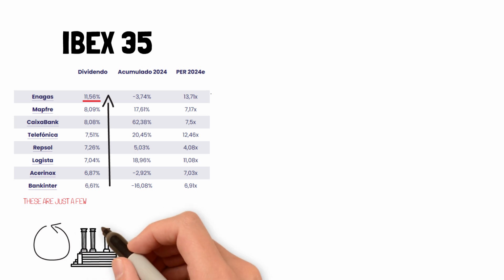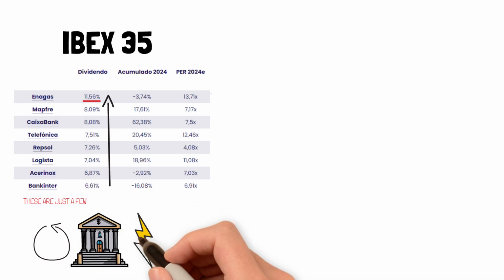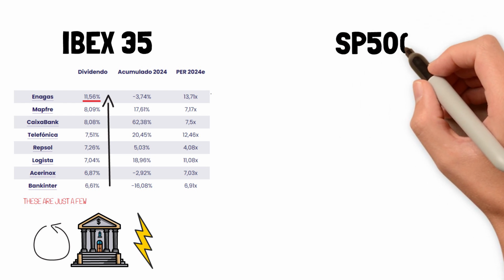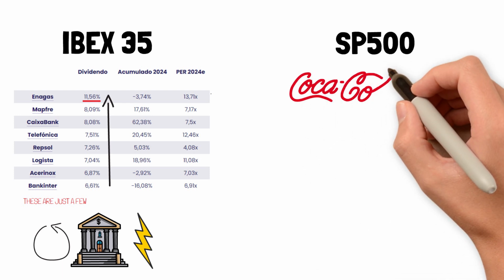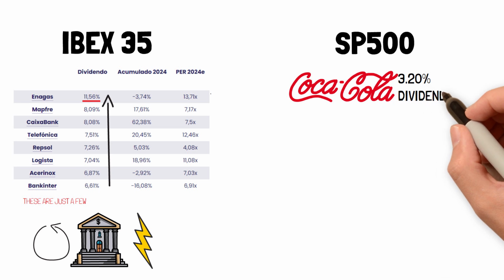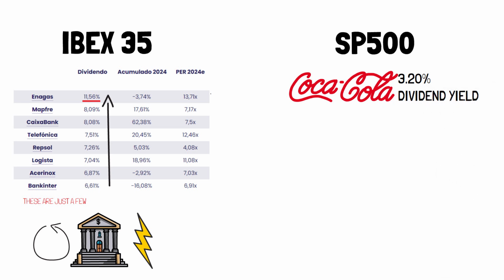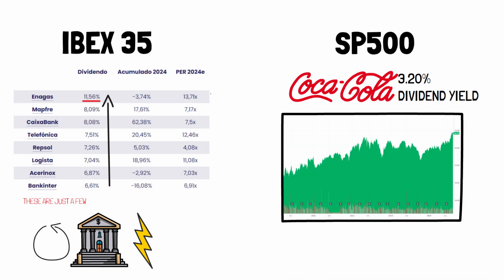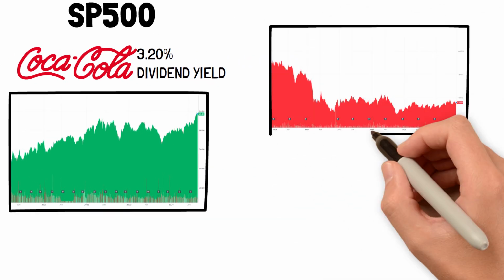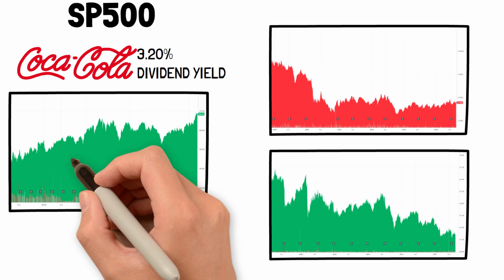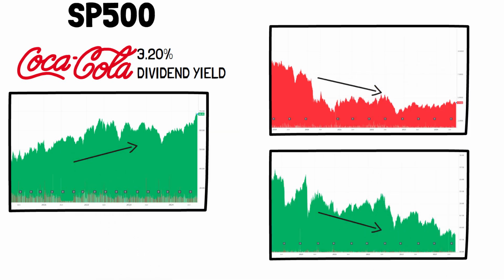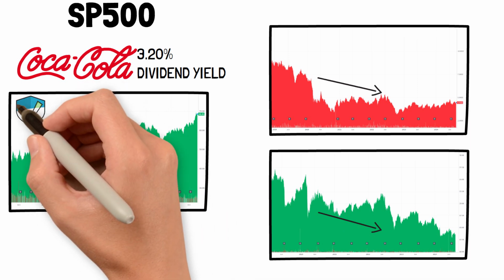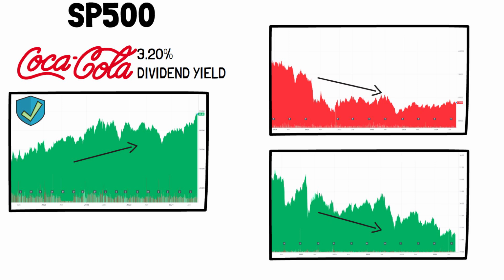Many are part of very cyclical markets such as banks and energy, so you should evaluate many things before investing in them. If we compare them with S&P 500 companies, such as Coca-Cola, we can see that this company pays much less in dividends, though not at all little compared to other companies in its index, but it maintains sustained growth. Despite this, we can compare the graphs, Coca-Cola against Telefónica or Enagás itself. You see the difference. Despite these dividends being lower, they have been increasing for more than 40 years, which makes the company a very safe and attractive investment for investors for their commitment to them.